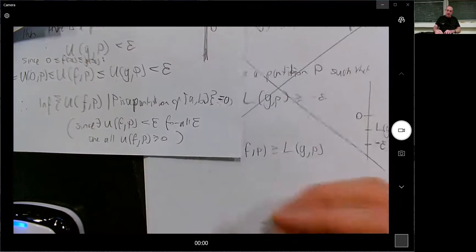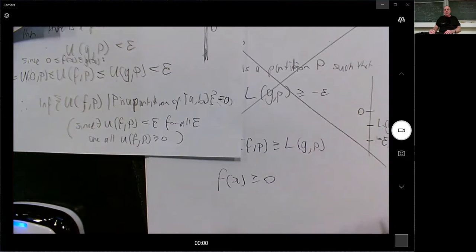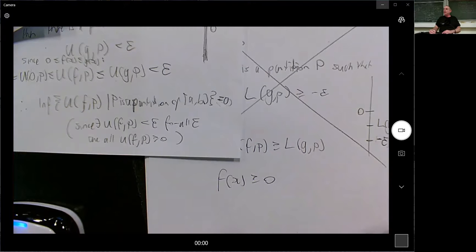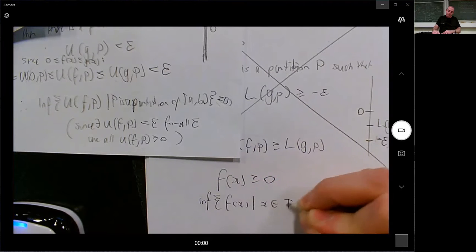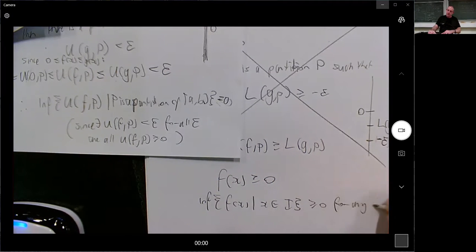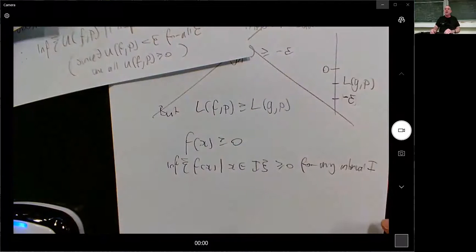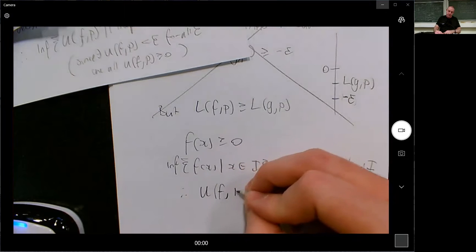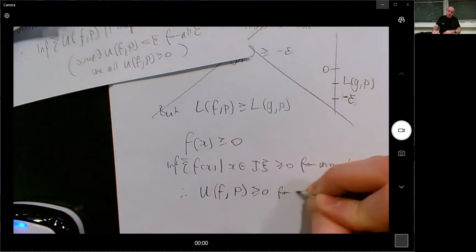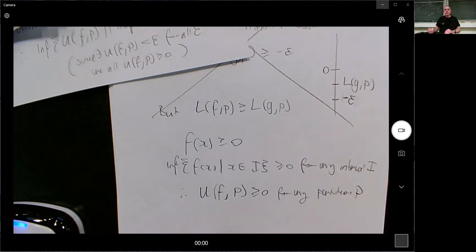But that does seem to me to say that since f of x is greater than or equal to 0, then that would mean that the infimum of f of x on any interval will be greater than or equal to 0, for any interval I. And that would mean that the sum of the infimum for f of x on any set of intervals will be greater than or equal to 0. Yep. And therefore,